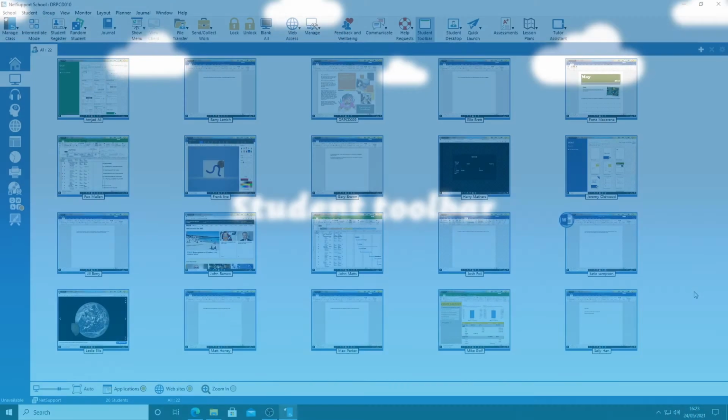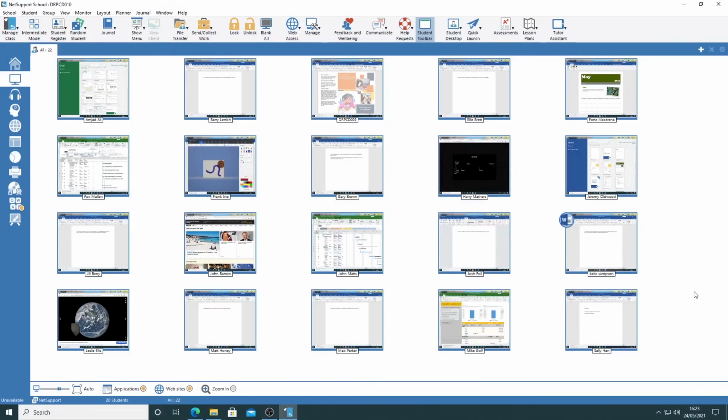In this video, we're going to have a look at the student toolbar. Now, you've seen in both the easy, intermediate and advanced modes, there's a variety of options that we have as educators, as teachers in our classroom to track, monitor, keep an eye on, support, cajole, block, allow access to lots of different things for our learners in the classroom. But they have access to a few things themselves too, and they access the options through their student